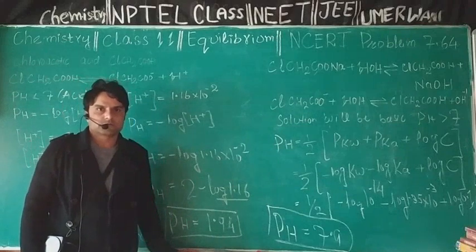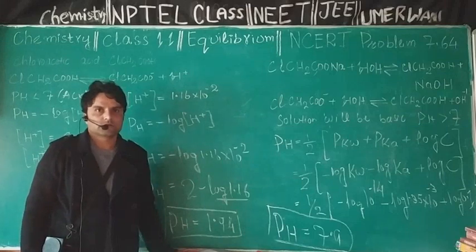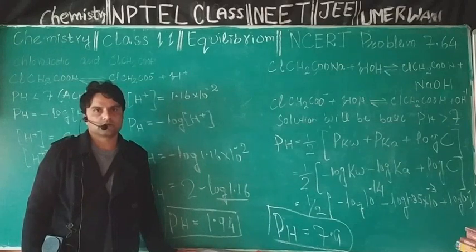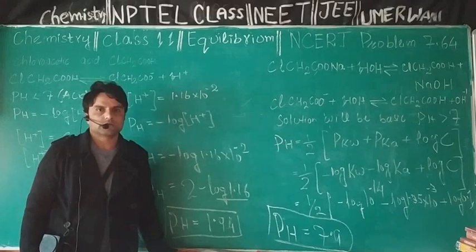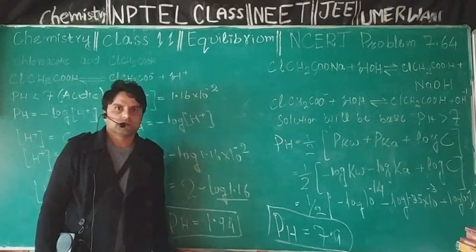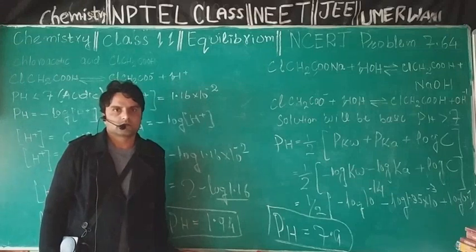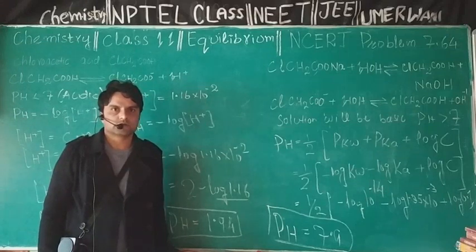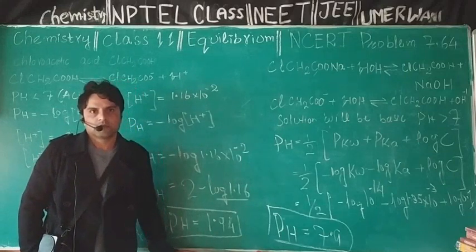Let me recall this chemistry problem for you. In this problem, we need to calculate the pH of a 0.1 molar solution of chloroacetic acid and the pH of a 0.1 molar solution of the sodium salt of chloroacetic acid. The acid dissociation constant of chloroacetic acid is given. The idea to apply is that chloroacetic acid is a weak acid. It will undergo partial ionization, resulting in the release of H positive ions in its solution, and due to the release of these H positive ions, its solution will be acidic. The pH at room temperature will be less than 7.